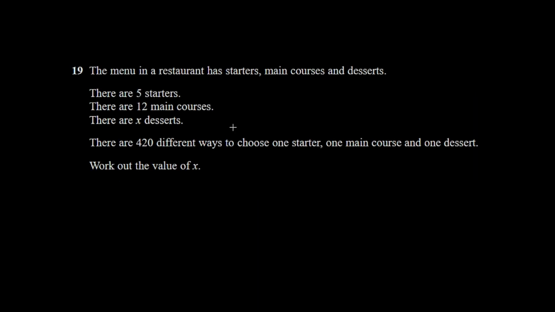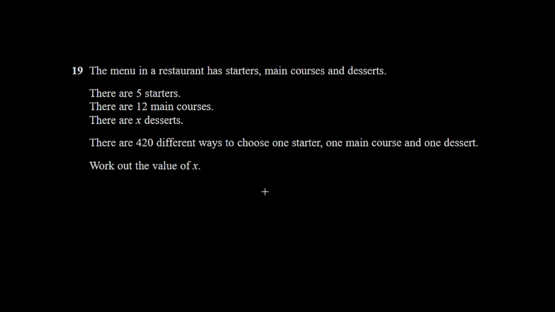So we've got a menu question here. We've got 5 starters, 12 main courses and x desserts. And we're told there are 420 different ways to choose 1 starter, 1 main course, 1 dessert. Notice we're choosing 1 of each, so we don't have to do any of that n-1 business that we would if we